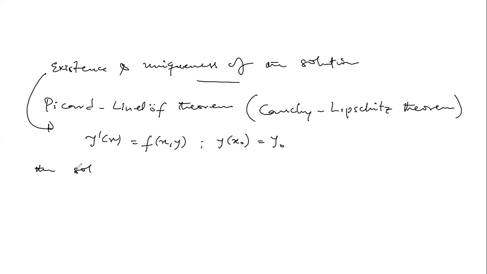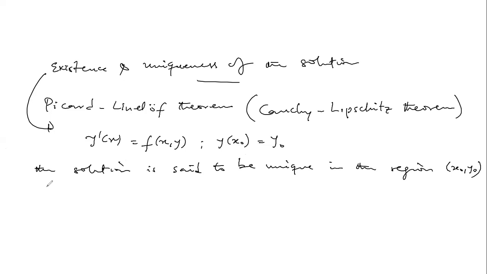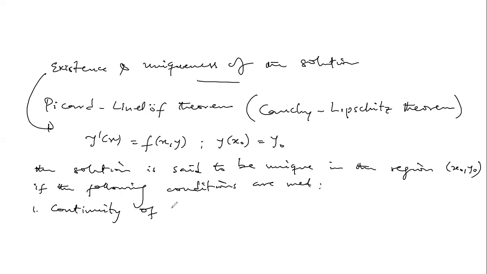The solution is said to be unique in the region x naught, y naught, if the following conditions are met. So the first is continuity. We have to test for the continuity of the function f of x, y. And once this condition is met,